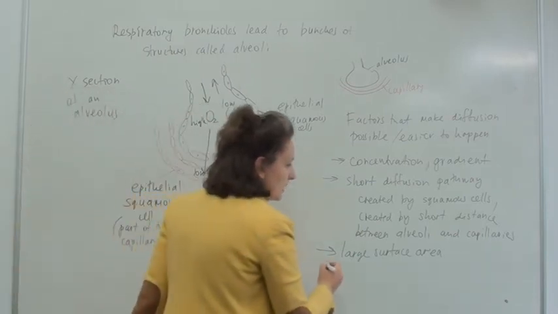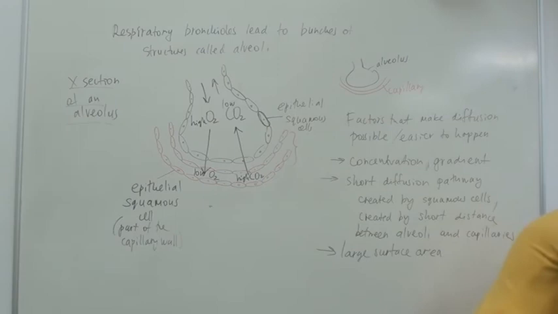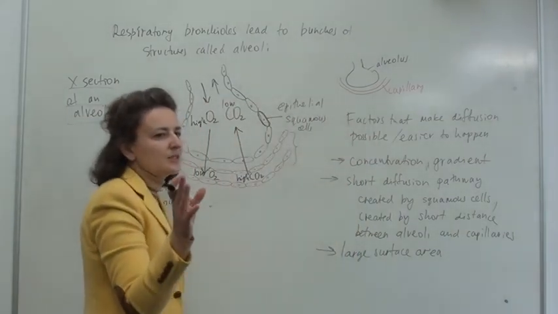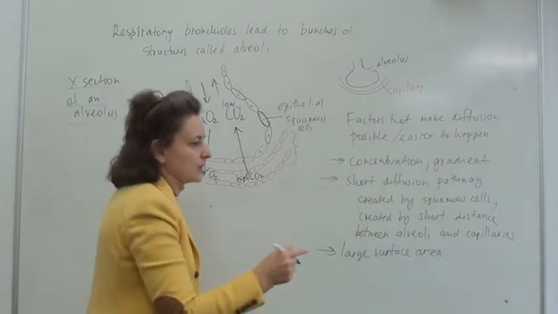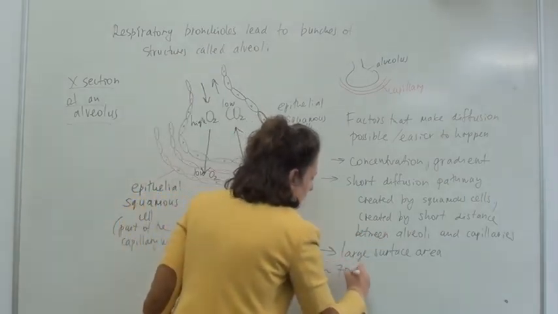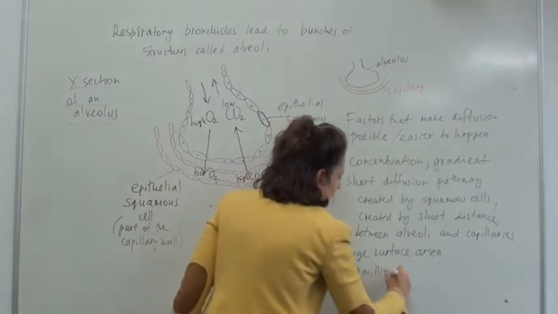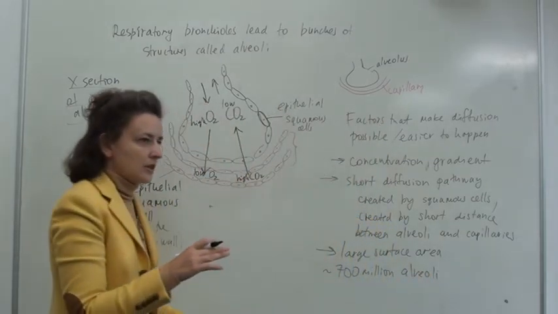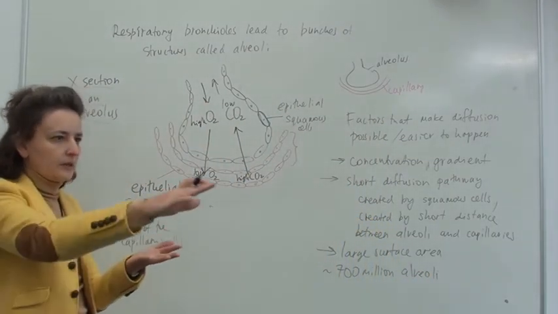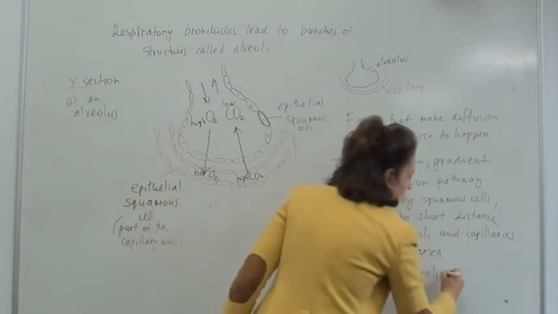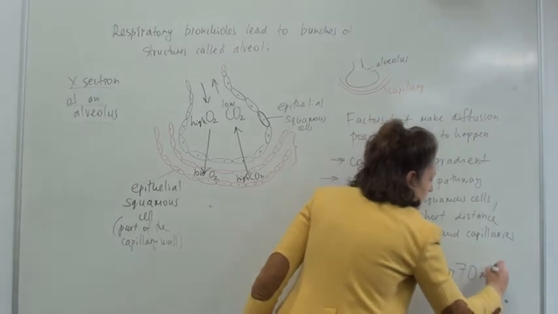So you have roundabout, let me just look up the numbers. It will depend from source to source of information. That's the number from one of the sources I have. So you have roundabout 700 million individual alveoli. And these result, as I said, if I try to spread them all out into a single area, in about 70 square meters